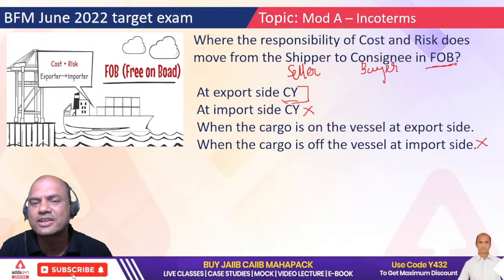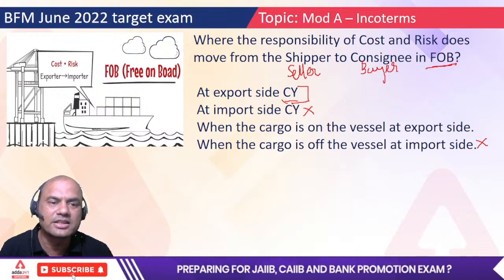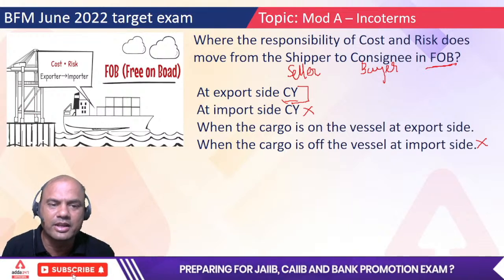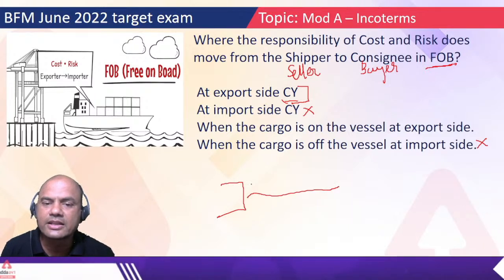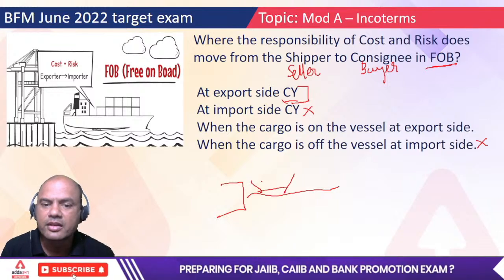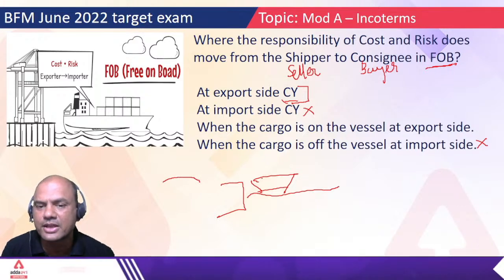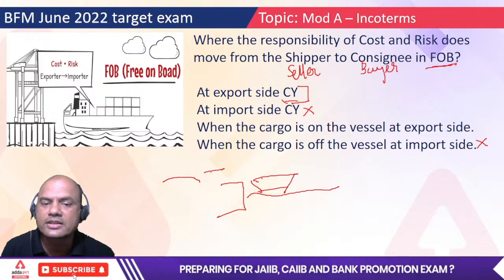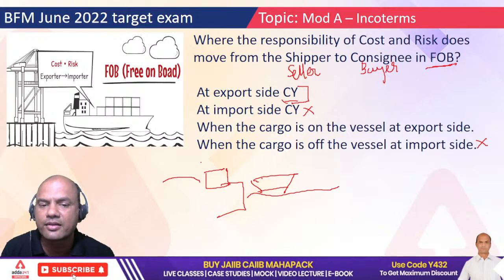What is this container yard? It's not there for you actually, but I'll tell you. See this, this is to be loaded in the ship. I'll give you an example over here. This is the sea and this is the ship. Now over here, when the seller brings the goods, there are two ways of putting those goods. He can directly put the goods on the ship, that's called FOB, or there is a separate place, godown, kept over here, that is called container yard.